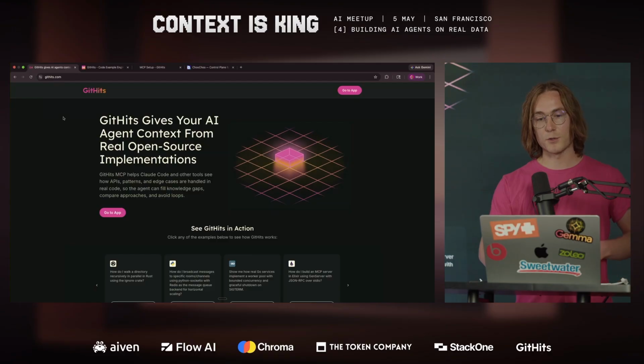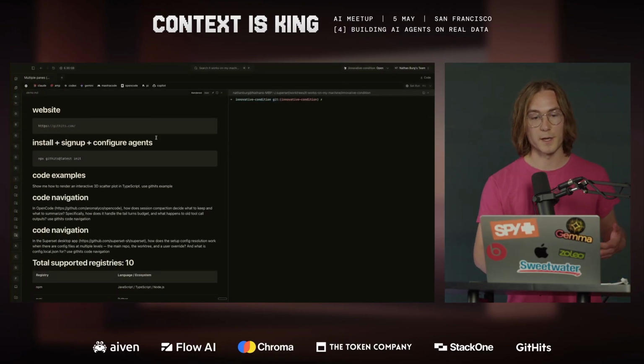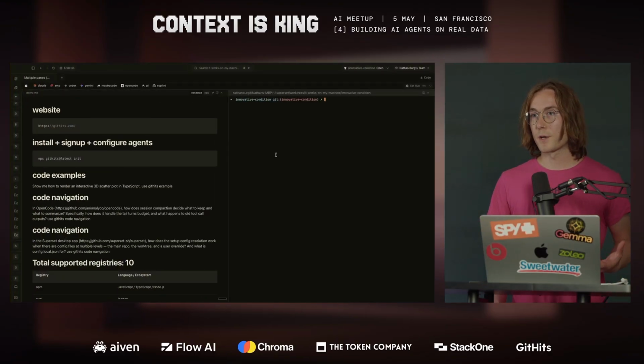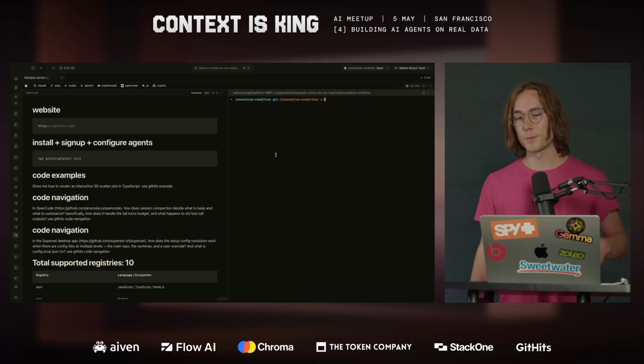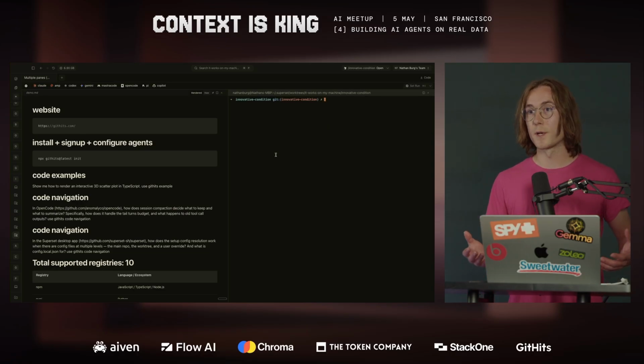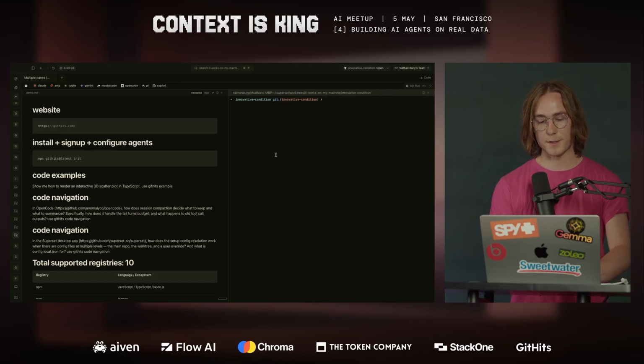So yeah, I'm going to go straight into a demo and just show you guys what it actually looks like. And I'm going to be talking about two different primitives. The way we integrate with your coding agents is via a CLI, and it's a hybrid CLI, so